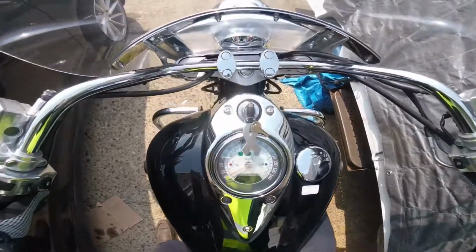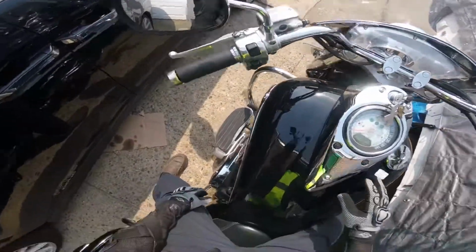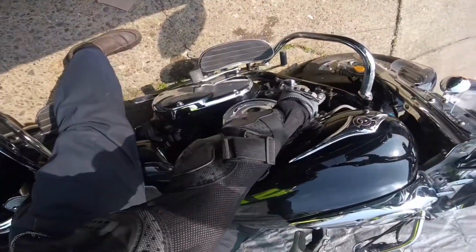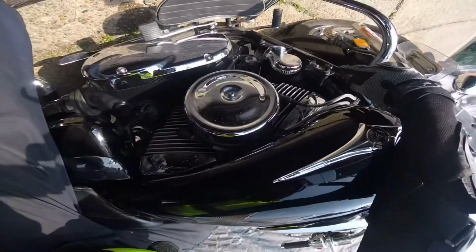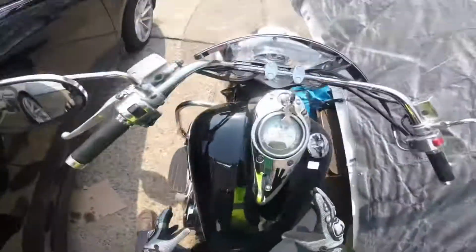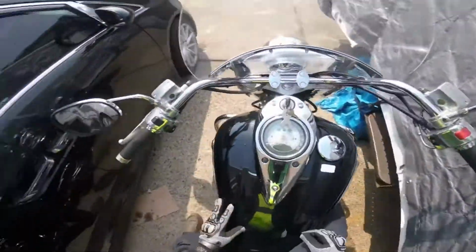Okay, for those who don't know, what is it to start a classic motorcycle? Well, first, it has a choke down here. Some of the motorcycles have it, some of them don't. And the choke is right there. When it's cold temperatures, you need to pull out the choke, but because it's warm, it should be able